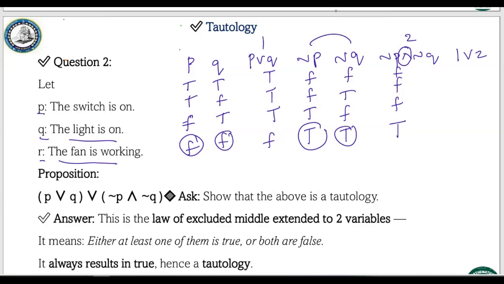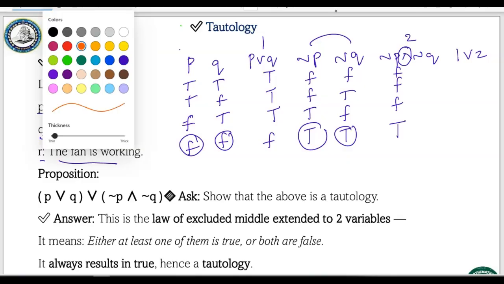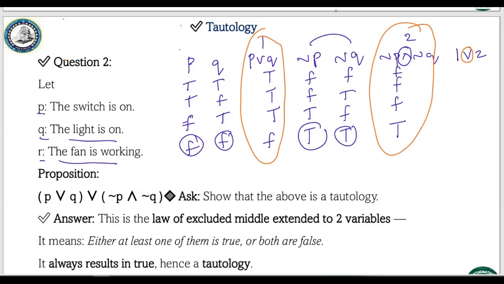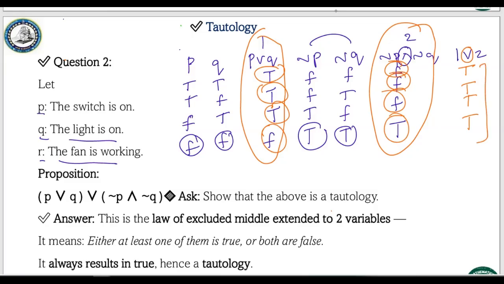What is the or condition? For these two columns we have or, so we check the or condition for 1 and 2. F and F is F. Do we have F and F? No, we don't have F and F here, and even for this we don't have F and F. So if it is not F and F, then all the values will be T. Since all the values are T, it is called a tautology. It means either at least one of them is true or both are false. It always results in true, hence it is a tautology. Is proved. Now moving on with the next question, we have